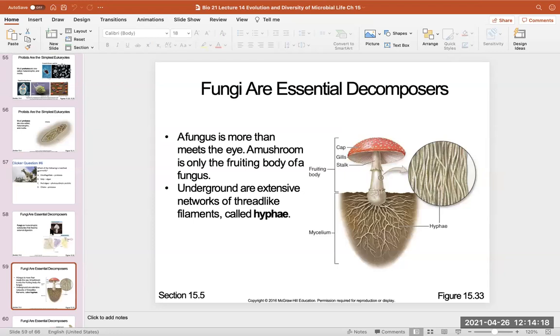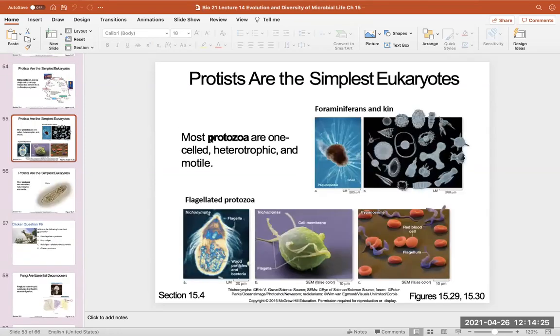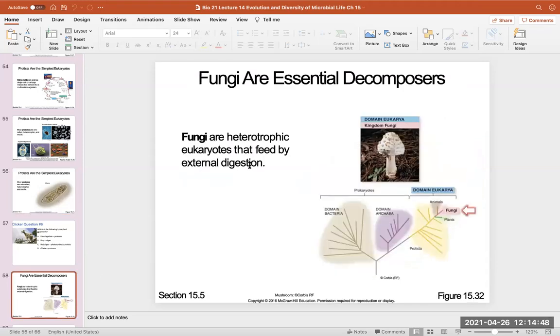Then we have fungus. Very important. So fungus, they're heterotrophic. Here, protozoa, they're heterotrophic. If it's something that's going to do photosynthesis, you already know it's a phototroph and autotroph. But if it's feeding on others, it's a heterotroph. Like this paramecium, you find it in pond water. It's swimming around, using the cilia, grabbing onto things and eating those. So it's a heterotroph. And fungi are heterotrophic, and they also